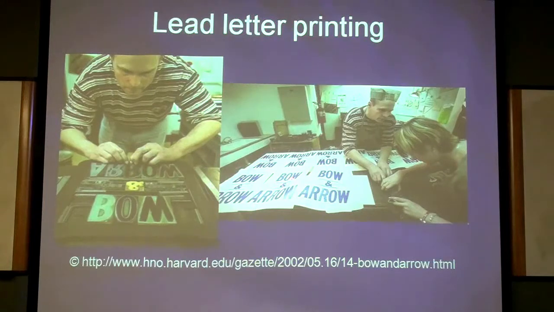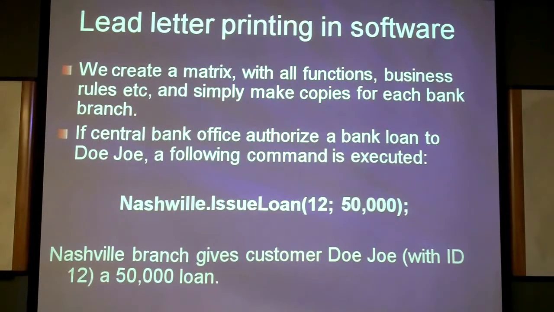And then you realize that each copy here is exactly the same as the others, and an exact mirror copy of this rubber page. The same principle can be applied to the software industry, and that was actually the basis of object-oriented programming. So what we do, we create a matrix, we can say a rubber matrix, kind of, which will implement all functions, business rules, and so on, including the four operations which we mentioned before, and you define them there. Okay, you say this is our matrix, and this is how this operation should be done.